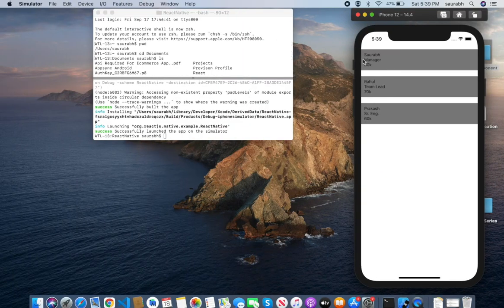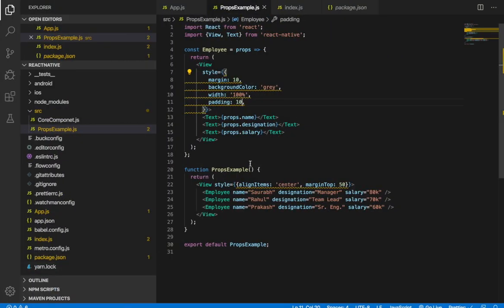So this component is now our custom component, and we can reuse it at many places with the help of props. See, if you don't use props here, you can't reuse this by passing different parameters.